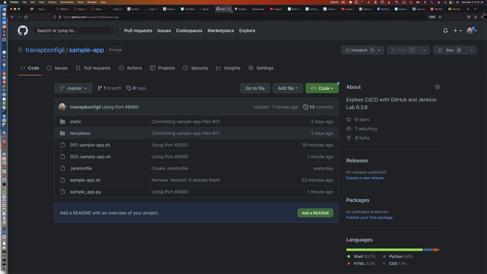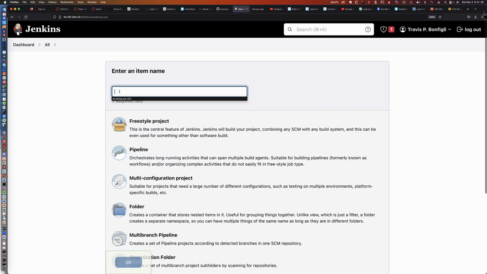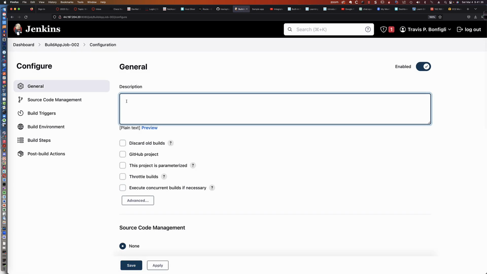All right, well, what do I need to do in Jenkins? Well, let's come back into Jenkins. Let's go to the dashboard. Let's click on New Item. We'll go ahead and click 002 as our freestyle project. We'll click OK. What needs to change in here? Well, not much. We'll just say build app